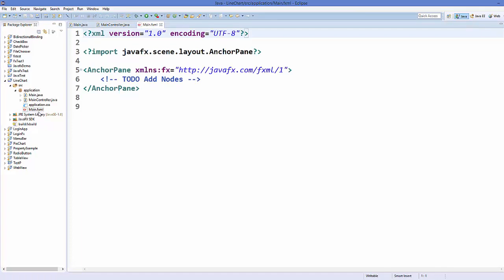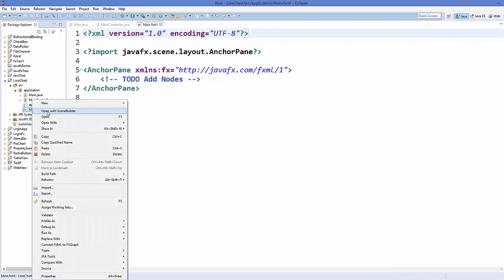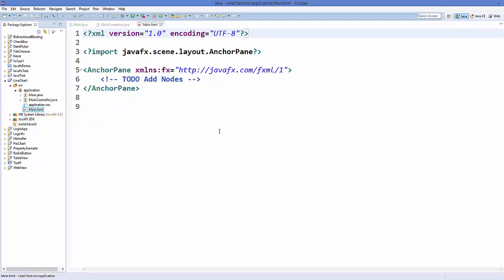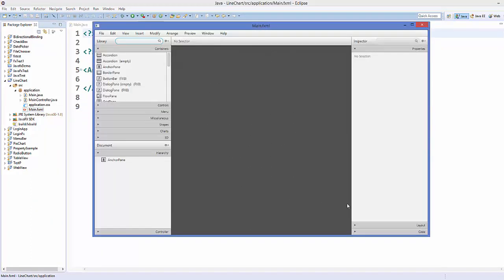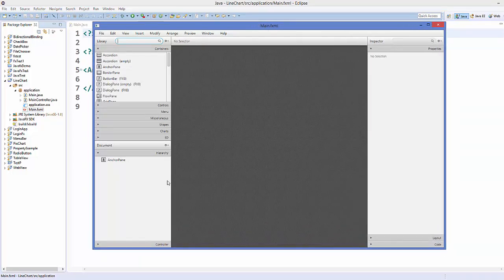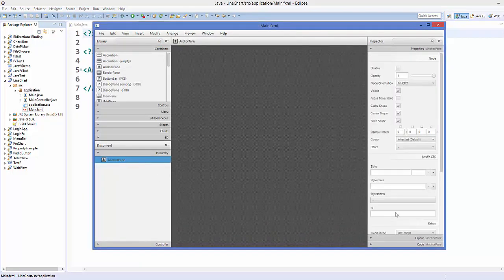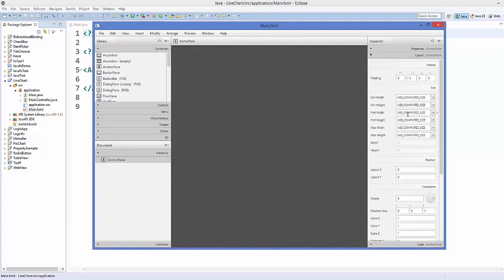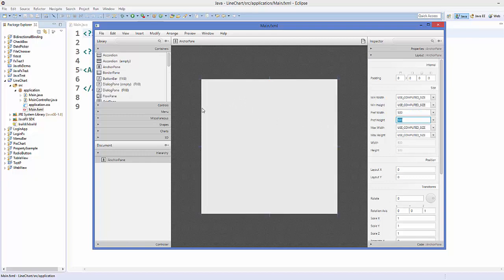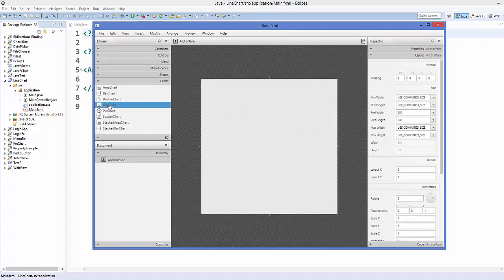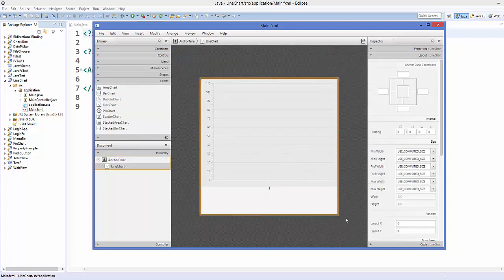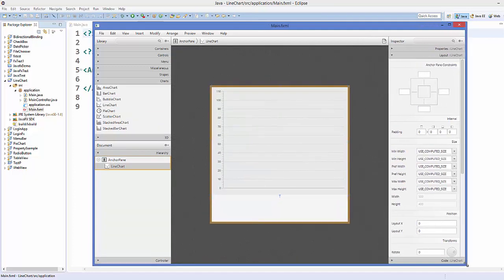So first of all, what I'm going to do is I'm going to open this main.fxml file using scene builder, and in here first of all I'm going to resize the anchor pane. So just select the anchor pane and just resize it, for example 500 by 500 here. Okay, press enter. And then next what I'm going to do is I'm going to go to the charts here, and I'm going to drag and drop a line chart control inside my anchor pane, and let's resize our anchor